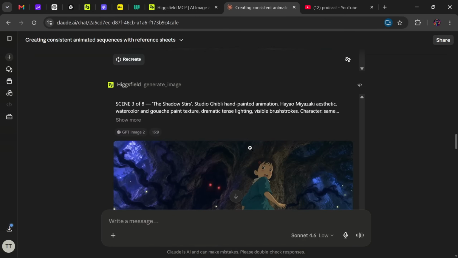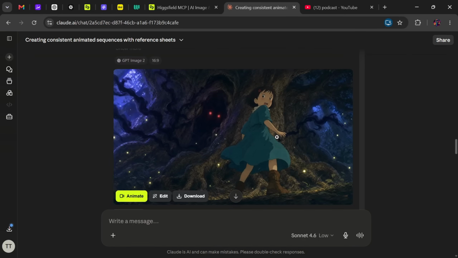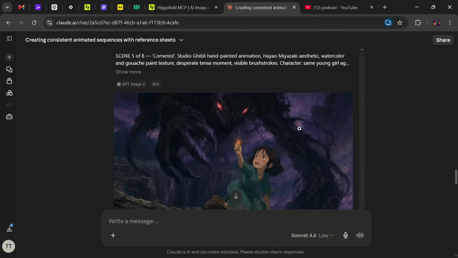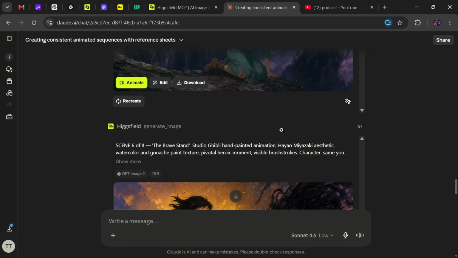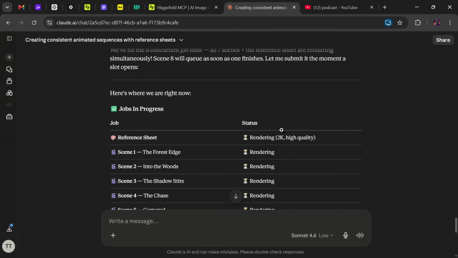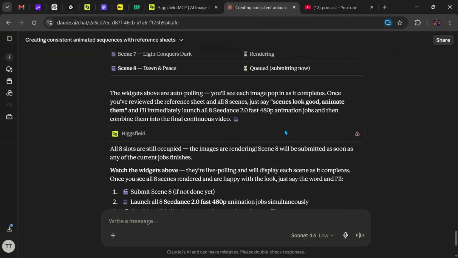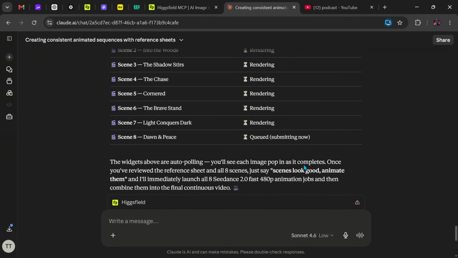At this stage, you can review everything and make changes before moving on to video generation. Once you're happy with the images, simply tell Claude to start generating the videos, and it will handle the rest automatically. I mainly wanted to show this section so you could see some of the advanced workflows that are possible